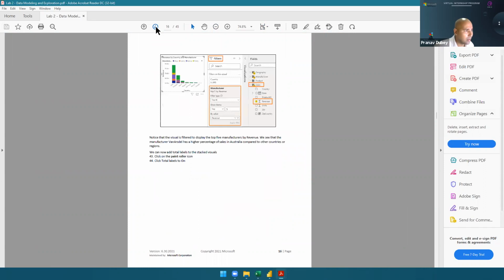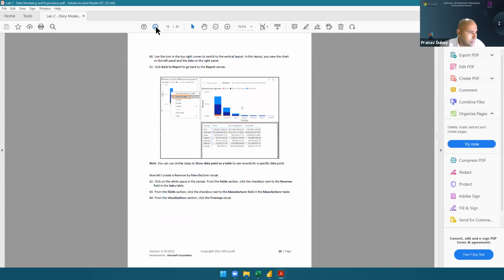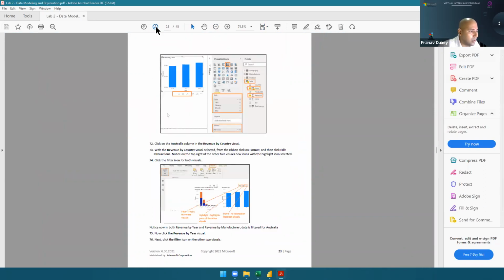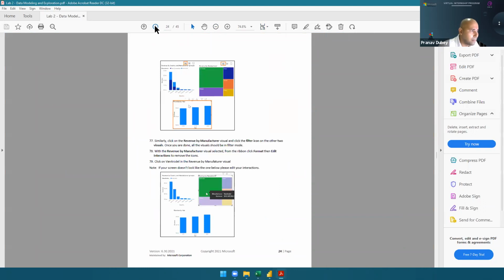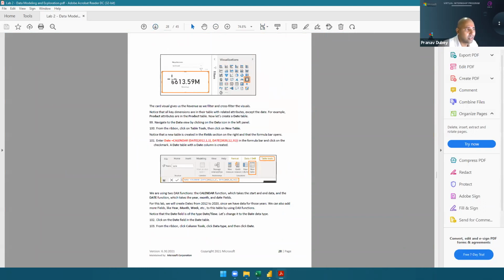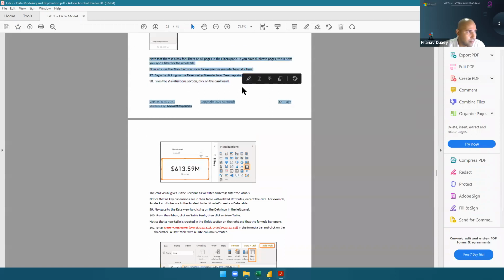You can ignore that. One total sales value will come up somewhere, so you can ignore that error. You can stick with what you are getting. This value might be different for you. That is in lab 2, step number 98.